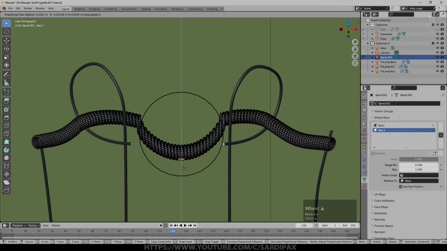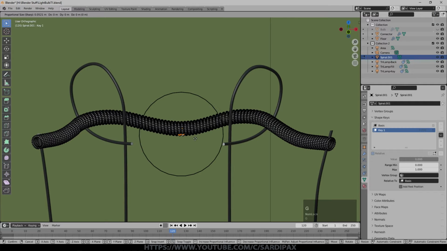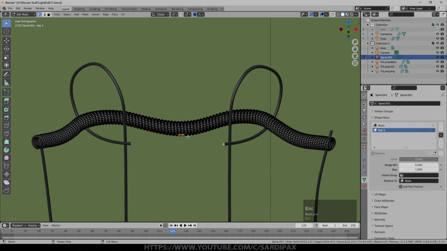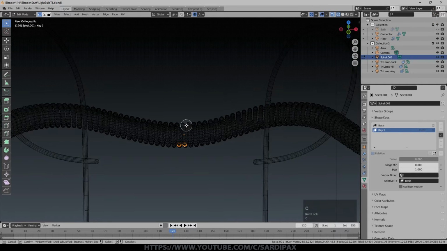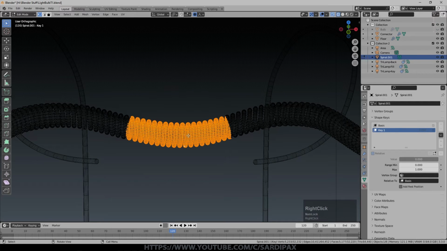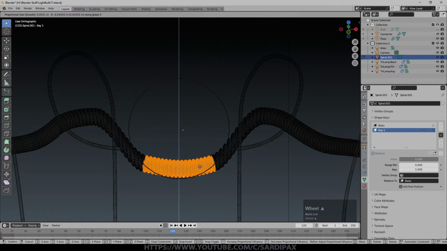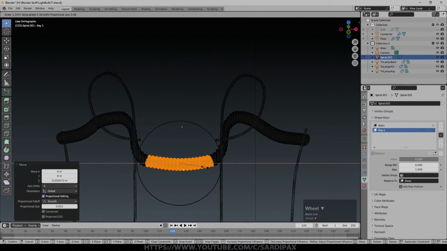See, I'm not happy about the way the shape is moving where it starts the curve, so we don't want rounded. Let's try sharp. GZ again. That's better. What I think I'm going to do now is I'm going to select more vertices. So we're now going to just select a group of vertices like that. So I went into wireframe so that I could select through the mesh. And we can look at some of the other options for how we select. I think smooth is probably the closest. Having dragged that down, I'm now going to scale on the X to something like that.